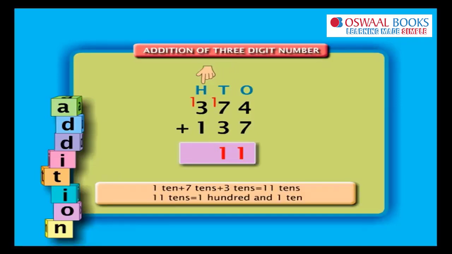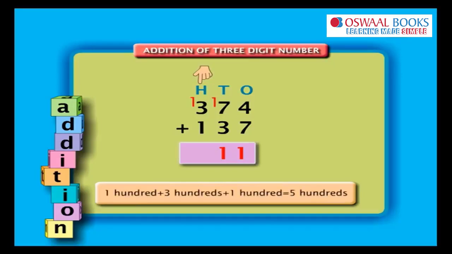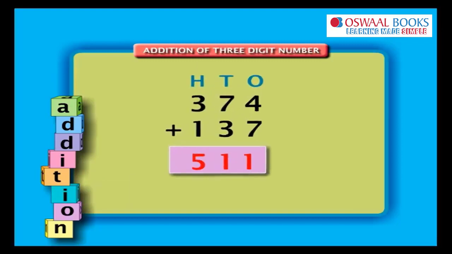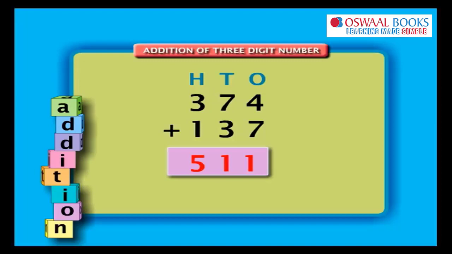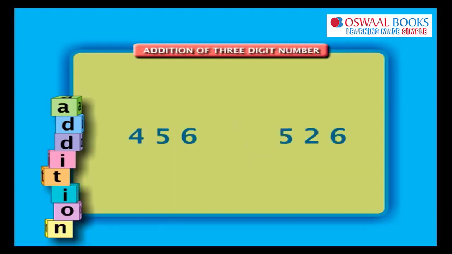Now add the hundreds column. 1 carryover number plus 3 hundreds plus 1 hundreds is equal to 5 hundreds. Write 5 below the hundreds column. So adding 374 and 137, we get 511. Example 2. Add 456 and